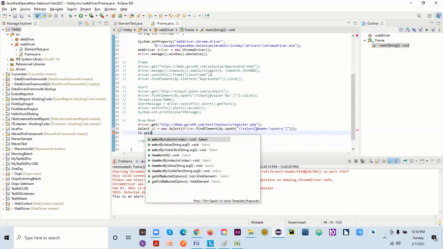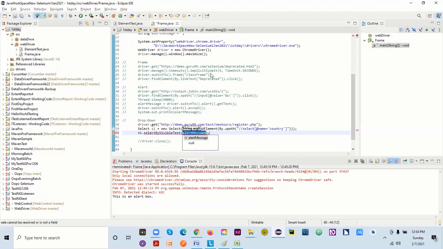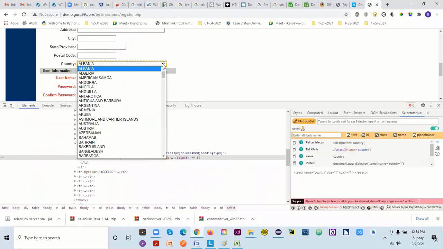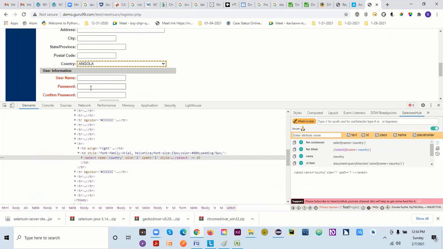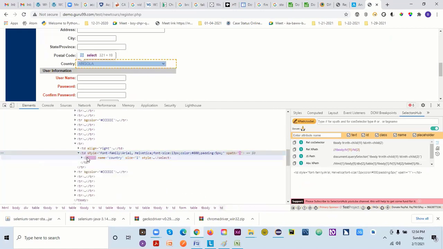Let's say select visible text. So what is the visible text? Let's say I want to select this value. I can come here and navigate, I just want to copy that value. It's hanging, not working.